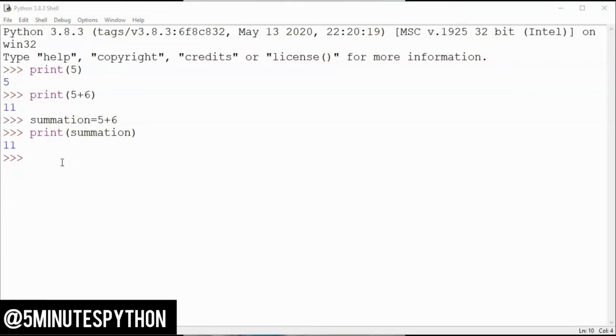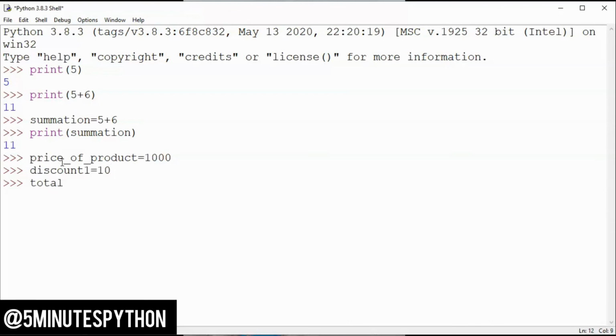Let's continue with a few more examples. While writing a variable, you cannot use any special character except underscore. I'll give you an example like price_of_product equal to 1000, and you can also use numbers in a variable, like discount1 equals 10.